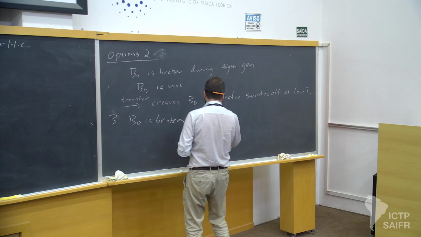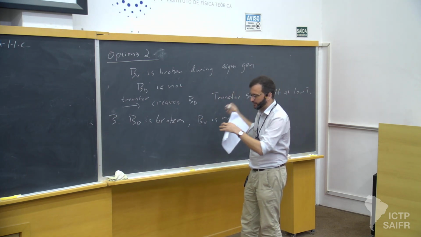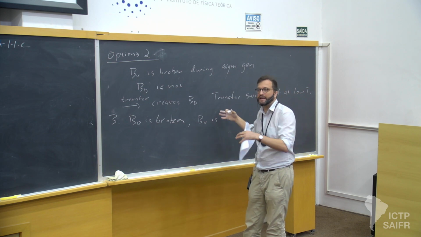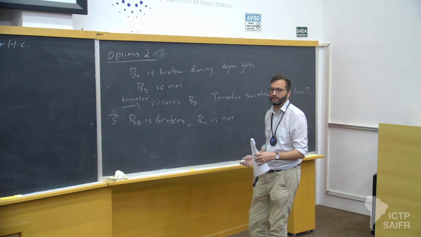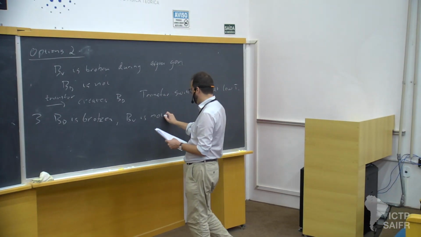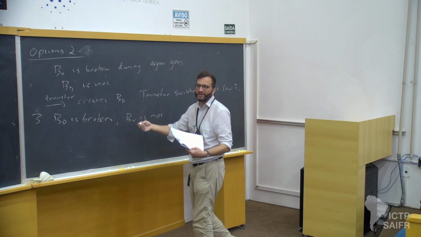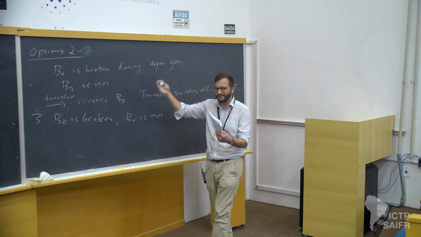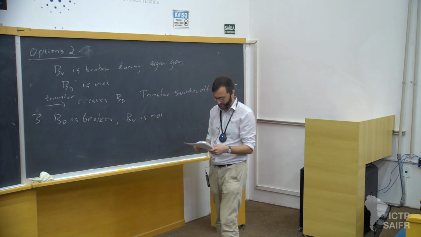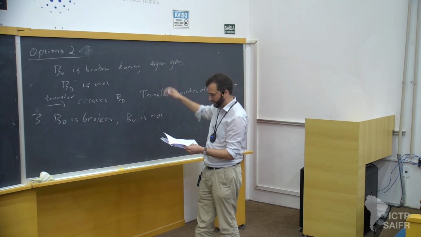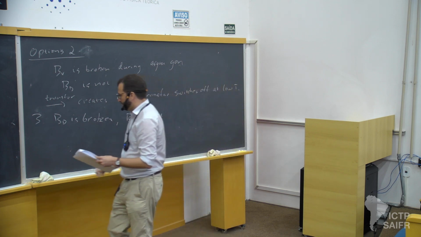And option 3 is that B_D is broken, B_V is not. So you have some dark sector that's creating an asymmetry, and then that asymmetry is shared to the standard model, creating the visible B minus L. So it's just like option 2, but where the asymmetry is being created is in the dark sector instead of the visible sector. That's all it is. So these are very similar.